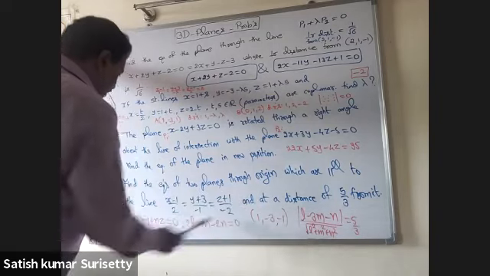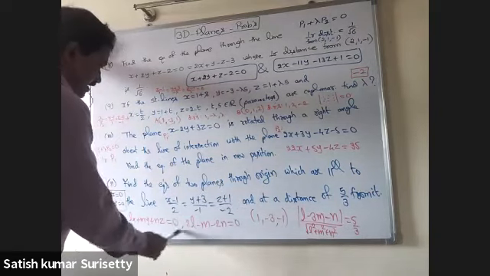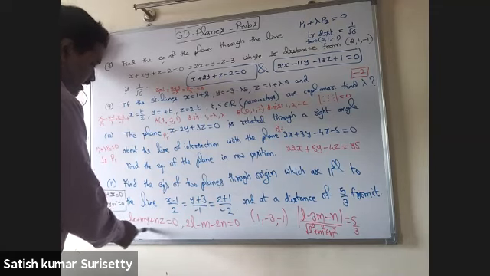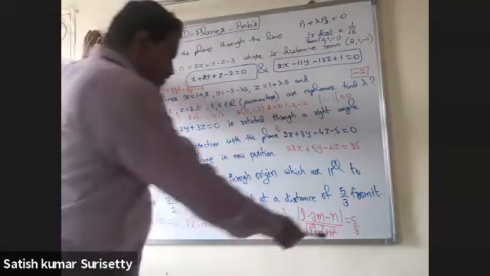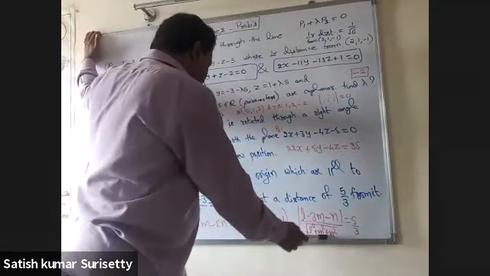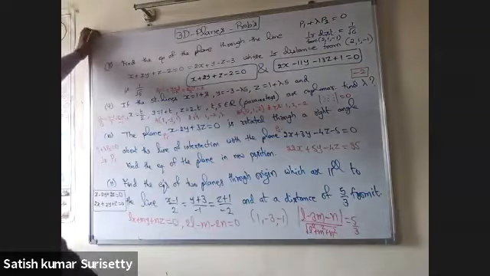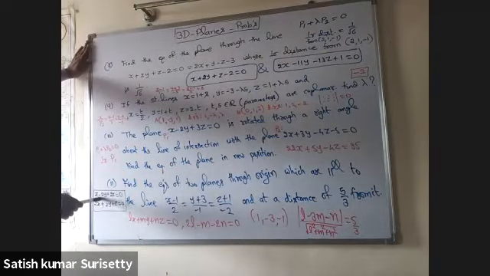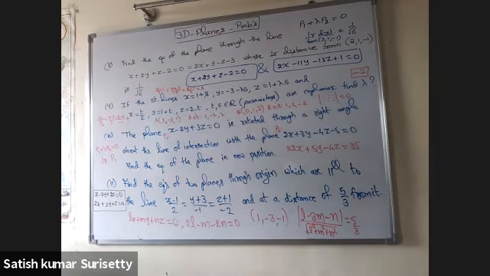So from this point to this plane, the perpendicular distance (1 minus 3m minus n) upon root of l square plus m square plus n square equals 5/3. Now two cases will be there. You take the plus 1 and minus sign and solve with this equation. Then you will get the equation of the two planes passing through origin: x minus 2y plus 2z equal to 0 and 2x plus 2y plus z equal to 0.